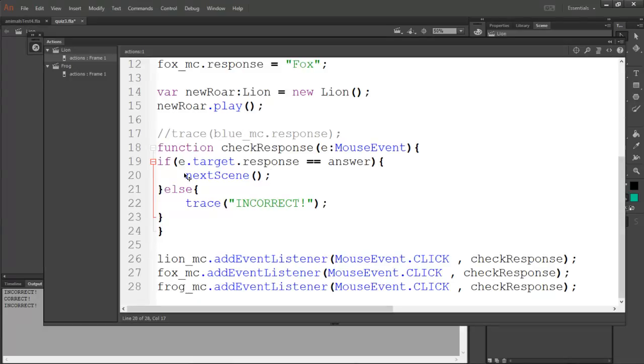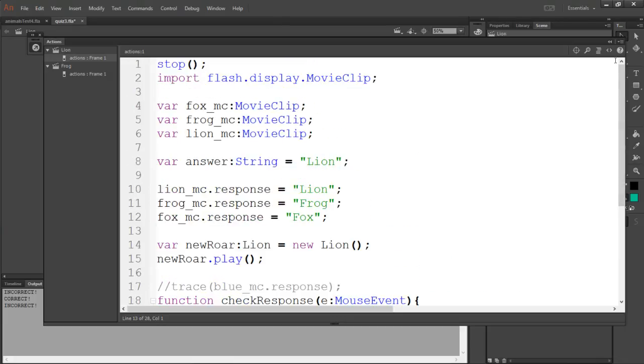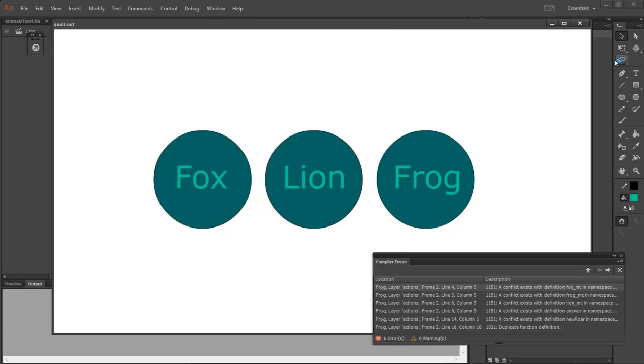So if I test that, what I'm expecting is it will take me to the next scene. It will then give me a load of errors because I've got variables that exist already that I'm redeclaring, a few things like that. So control and enter, and it gives me loads and loads of errors to do with namespace clashes because I've declared variables already. So I'm going to go back to the